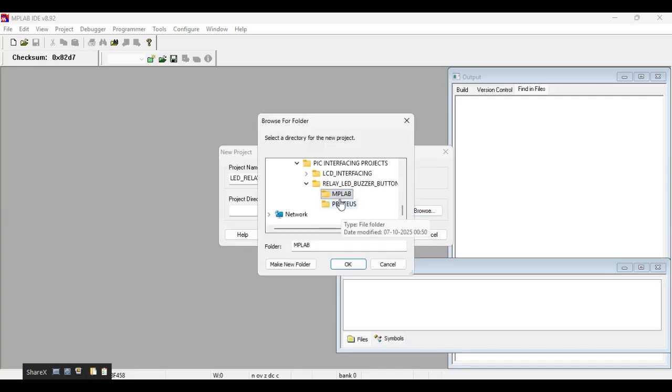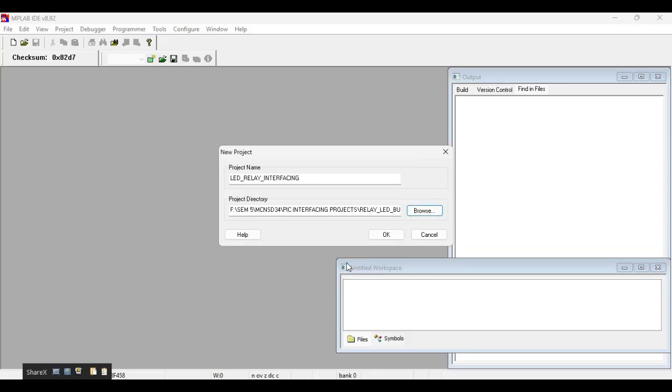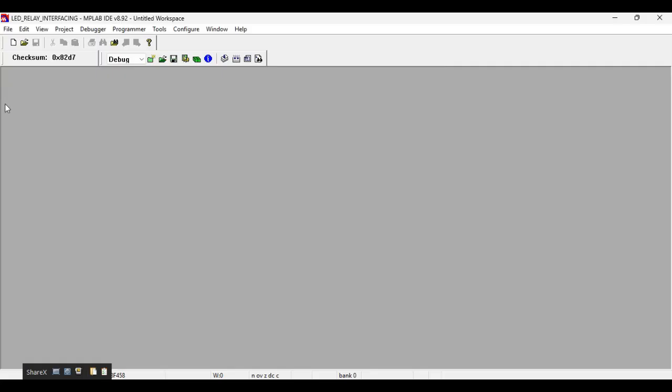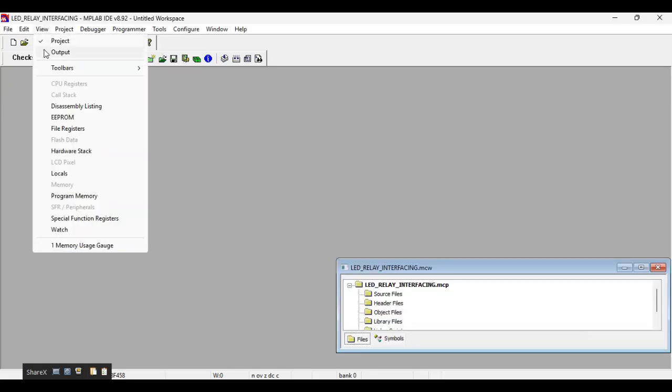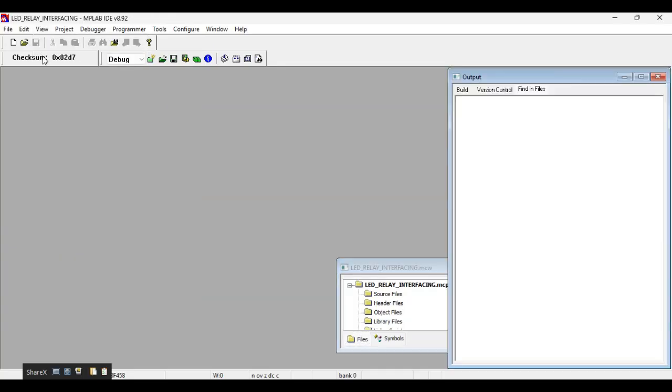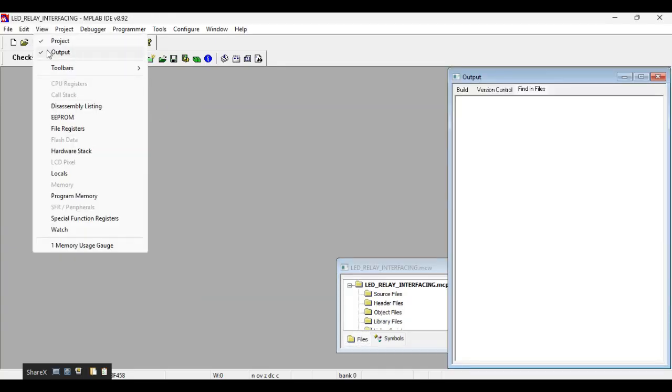In my case, I've already created a folder, so I'll save it there. Make sure that in View tab these project window and output window are checked as we need them to add